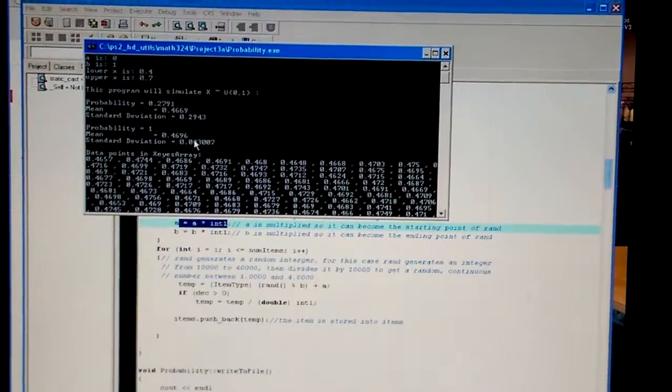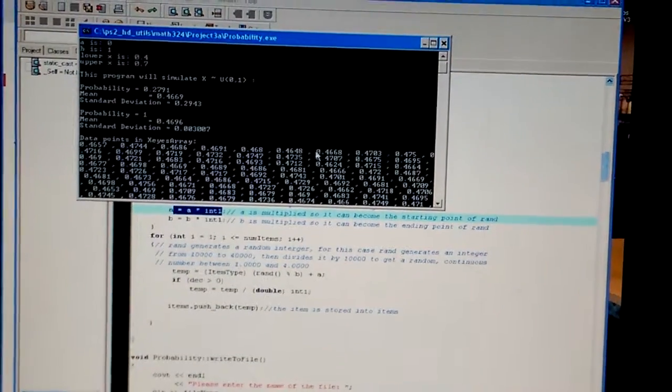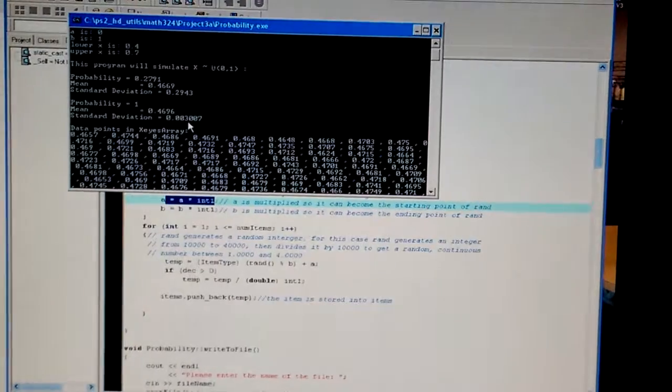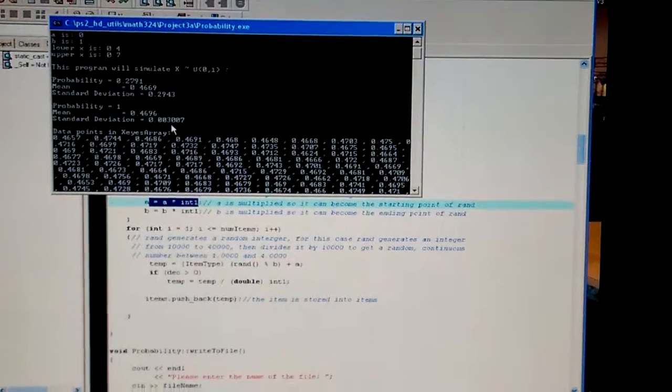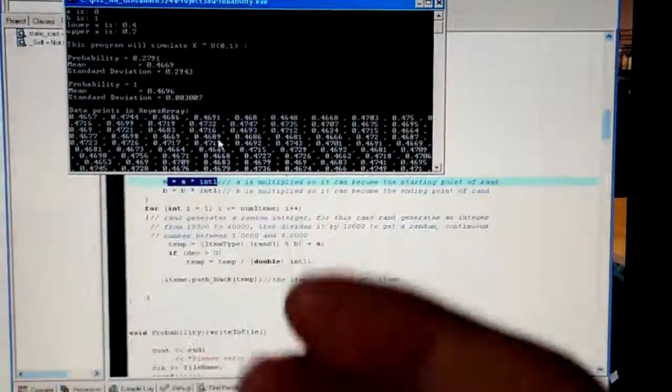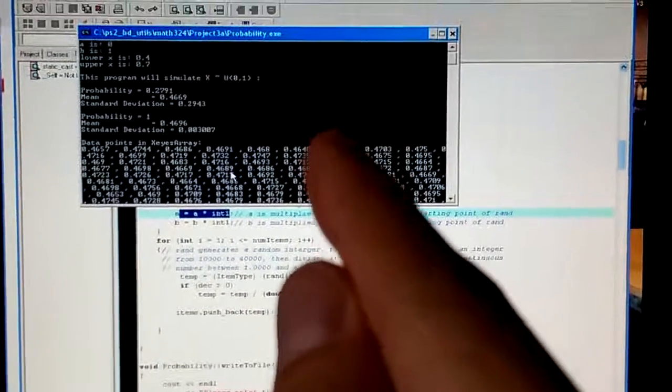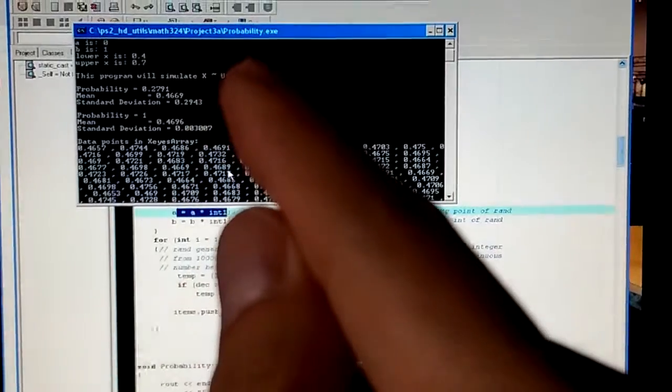That's the mean of the 500 item list, which is displayed by these data points in xi's array. And as you can see, the standard deviation is a little less because it's tighter, it's more accurate, it's closer, it's more precise, because they're a collection of means. So if you think about a distribution from